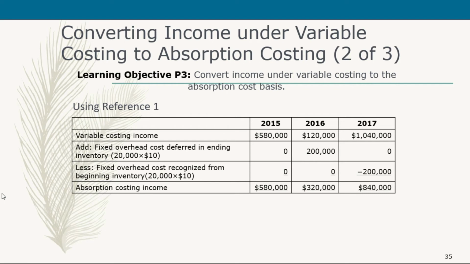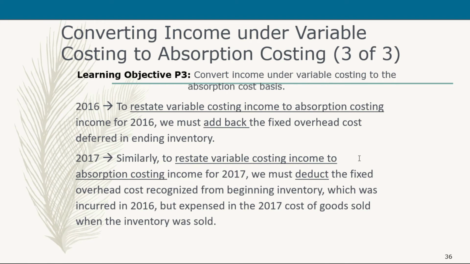So we need to work it backwards, no? We deduct the fixed overhead cost recognized from the beginning inventory from your variable costing income in order to give us your net income under absorption costing of $840,000. Okay? So in here, we can say in 2016, to restate the variable costing income to absorption costing income